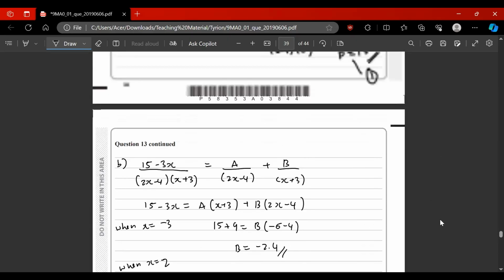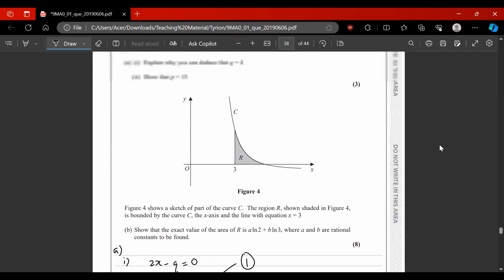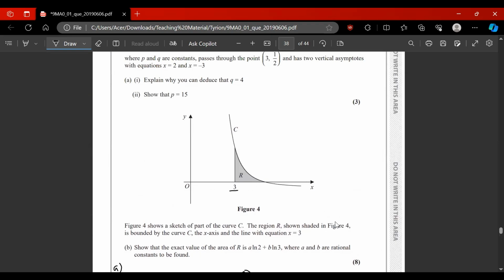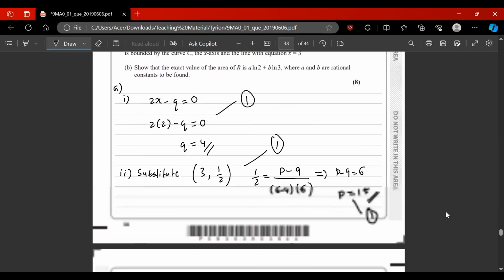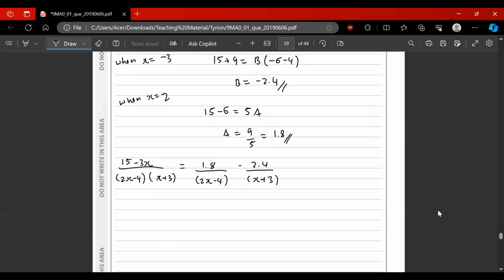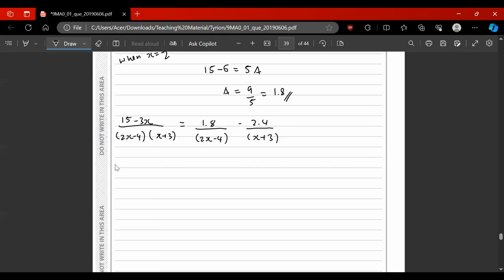Now, before we perform the integration, we need to know the boundaries here. So obviously we know one of the limits is 3. We need to figure out this point here, which we can find as the intercept of the curve with the x-axis. So for this, we need to equate when y is equal to 0, right? Our equation would then simply be 15 minus 3x is equal to 0. So we have x equal 5. So we found our limits for the